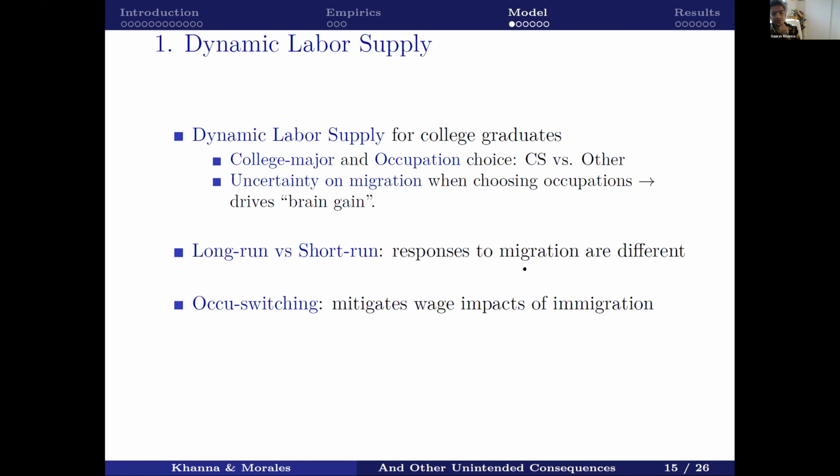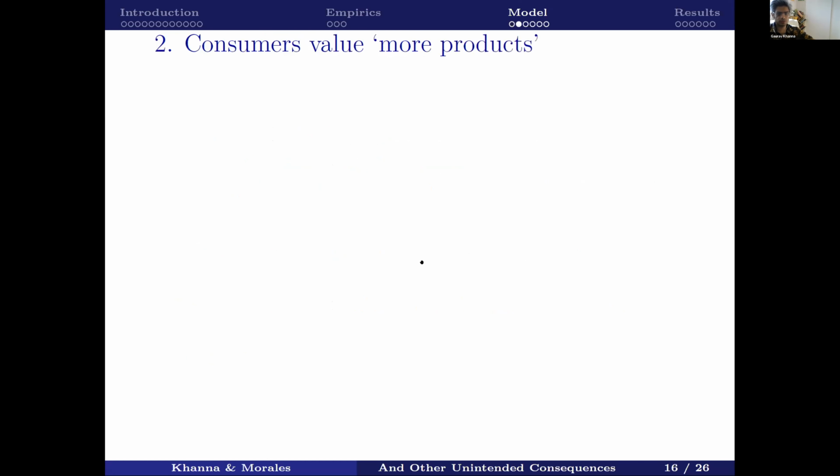You'll also have the fact that this occupational choice actually mitigates a lot of the impacts of immigration in the US. So what do we mean by that? Well, when there are more computer scientists in the US, you may expect that the computer science wage in the US might tend to go down. But what actually happens is that you see a lot of US-born workers switching to managerial occupations. So they become the managers in these tech firms. And because they switch to managerial occupations, that actually mitigates the negative wage impacts on computer scientists in the US, right? So occupational switching is important from the US side as well. And then of course you have the brain circulation with the return migration.